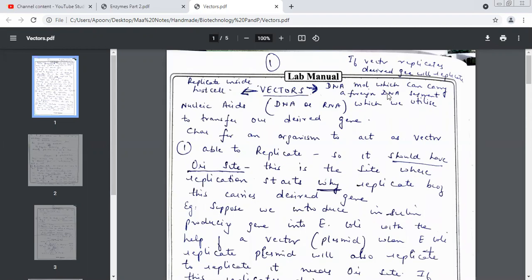Giving you 1 minute to read. Please read this part. I know it's a little confusing one, but try and read. I'll just give you 1 minute. At least 50% you'll be able to understand.